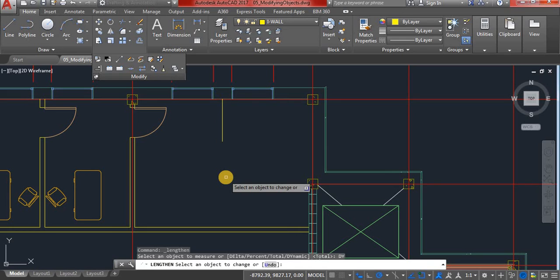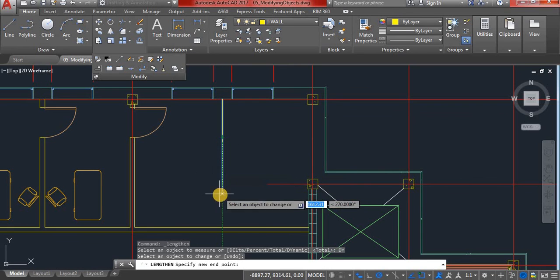because after that I choose what type of lengthen I want. Make sure you select the object from the endpoint that you want to lengthen, because otherwise if you clicked from here it will think that you want to lengthen it upward. No, that's not what I want, so make sure to select it from downward, because that's how I want it to go. As you go down,